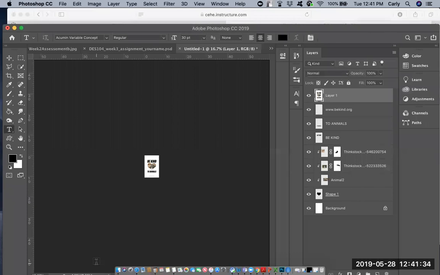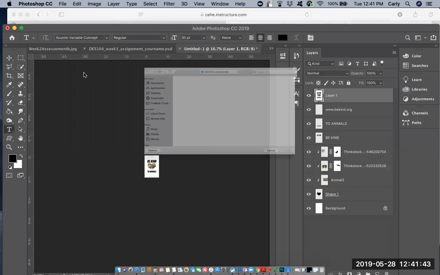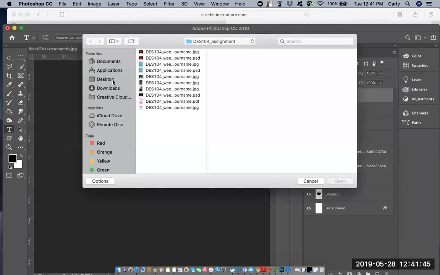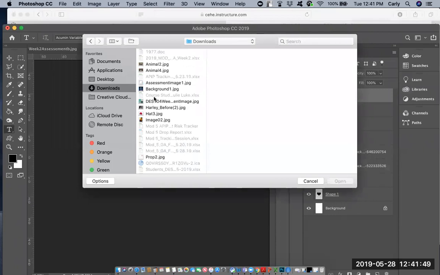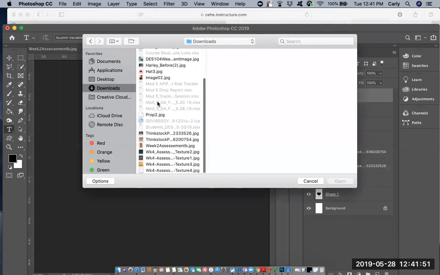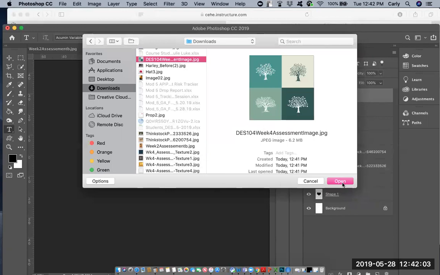So the first thing, before we use texture 2, we have to convert it to a JPEG because it is an EPS file. So what we're going to do is go in Photoshop, we're going to go File, Open. Go to our Downloads folder, find texture 2. Oh, they changed it. Now texture 2 is already a JPEG. You used to have to convert it, and now you don't anymore. So now what we're going to do is just open up